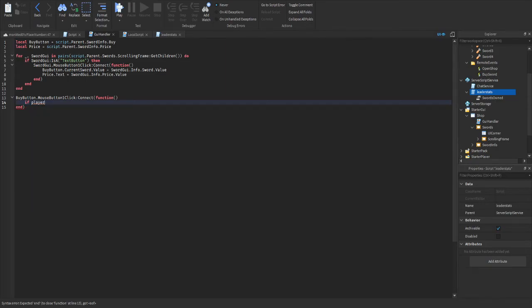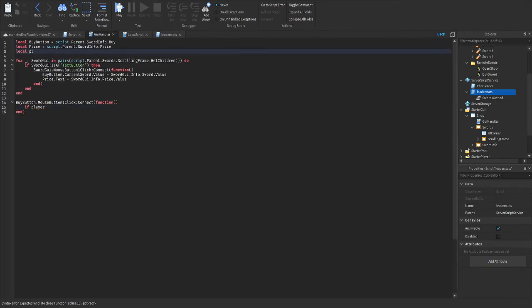I don't think I defined the player yet, so we'll do local player equals game dot players dot local player. Do if player colon wait for child, and then we can do swords owned dot value, and we'll do equals more than, so if it's equal or more than to